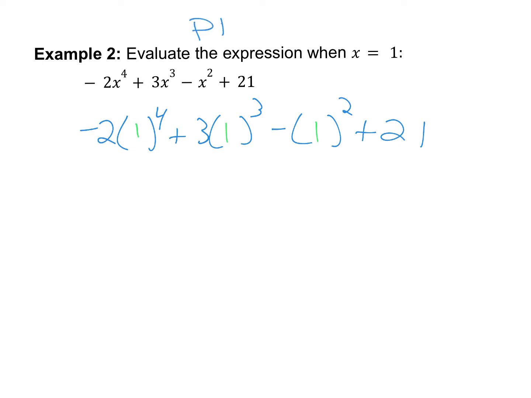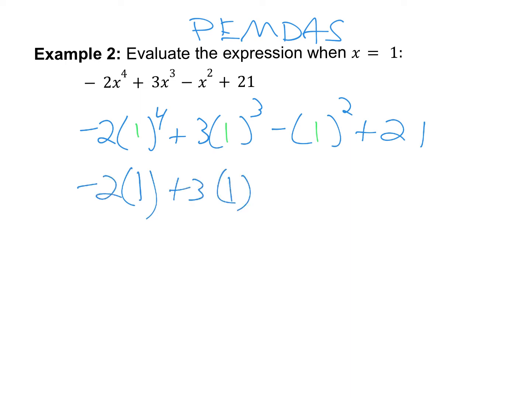And then PEMDAS. Again, really we're starting with exponents because the parentheses are simplified. 1 to the 4th power means 1 times 1 times 1 times 1, which is just 1. 1 to the 3rd power is also 1. And 1 to the 2nd power is also 1. And then multiplication, division. So we have multiplication, negative 2 times 1 is negative 2. Plus 3 times 1 is 3. Minus 1